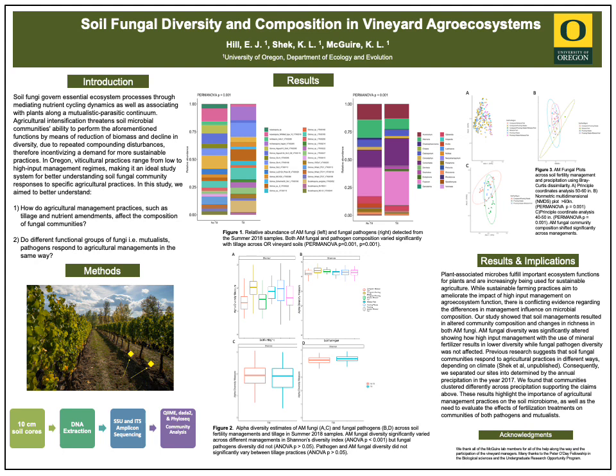So from these results, we found that both fungal and pathogen community composition was heavily influenced by agricultural fertility management. So the species we're seeing are very different in the different managements. However, we did not find significant diversity changes, only with fungi in management, but with all the other three, we did not. So these results highlight the importance of agricultural management practices on the soil microbiome,